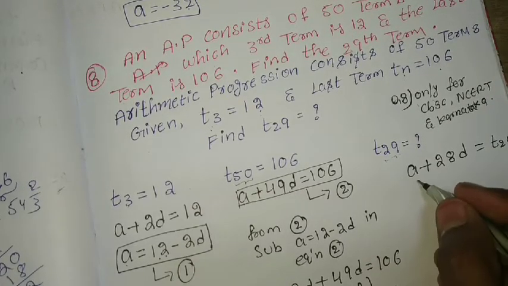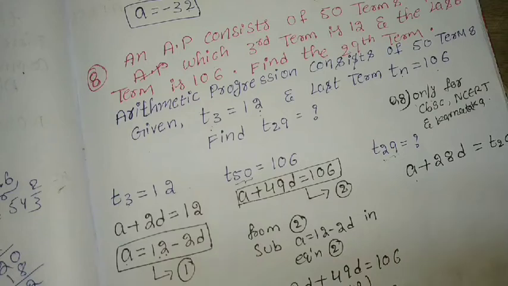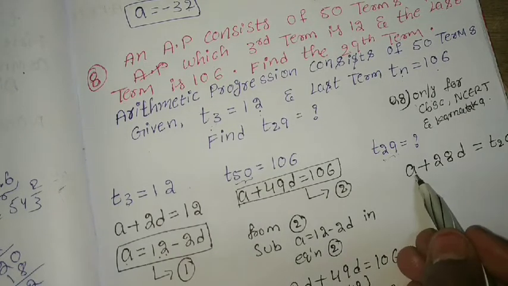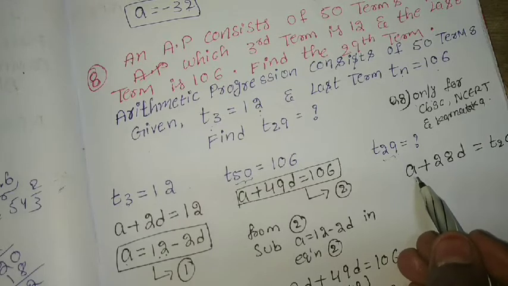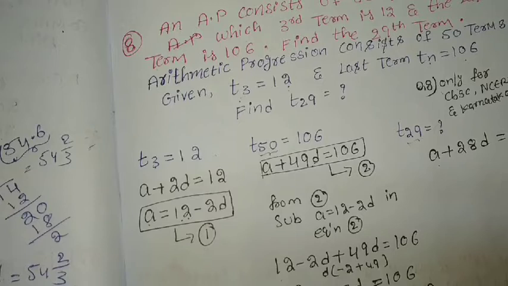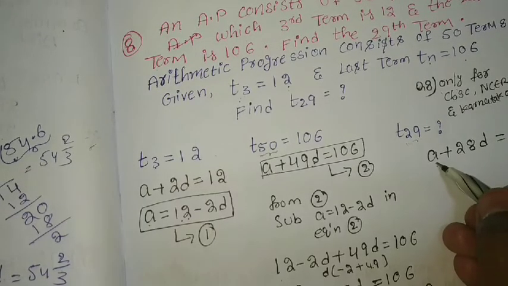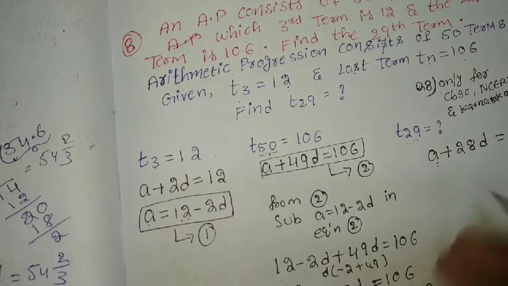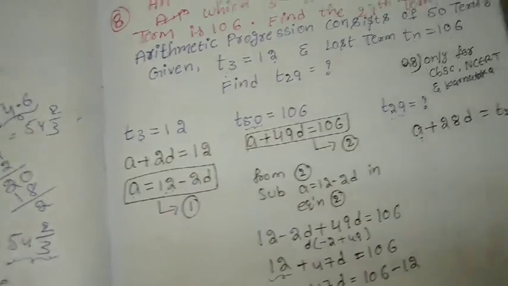Okay, what is a here? We need to find a. Actually, we don't know what a is. A means the first term, na? So I already told you in the introduction part. Just look at the introduction part that I told you before. I gave it in the description box. Please check once. Okay. So what is a here? We need to find the first term. So what do you have to do? See here.